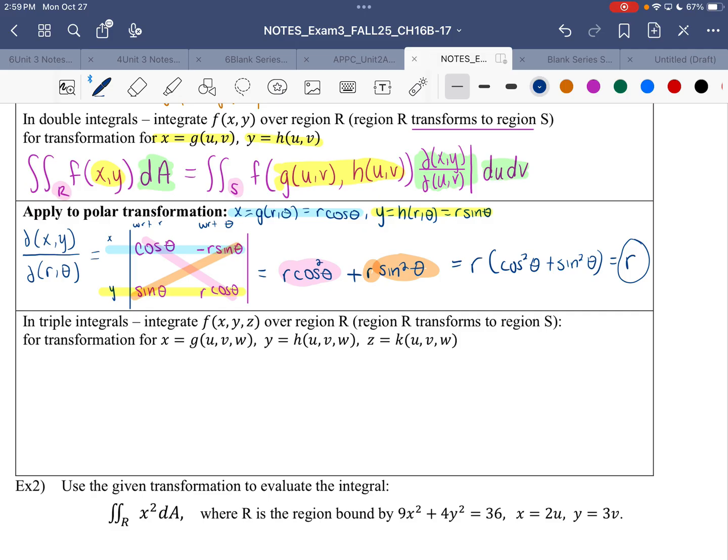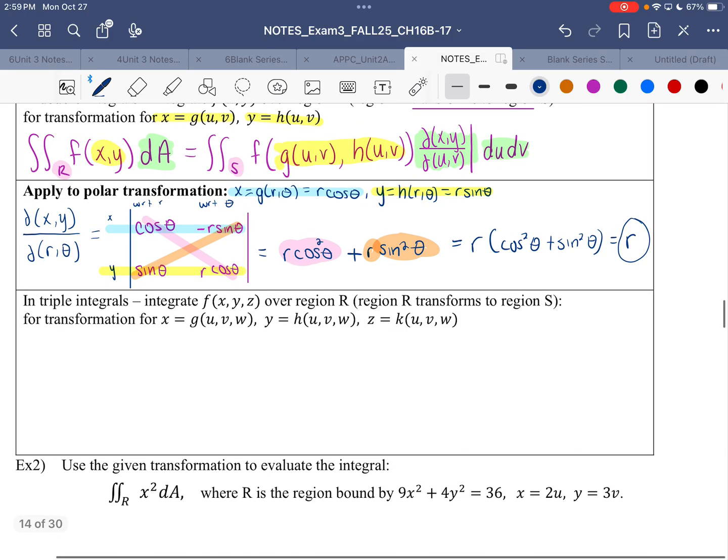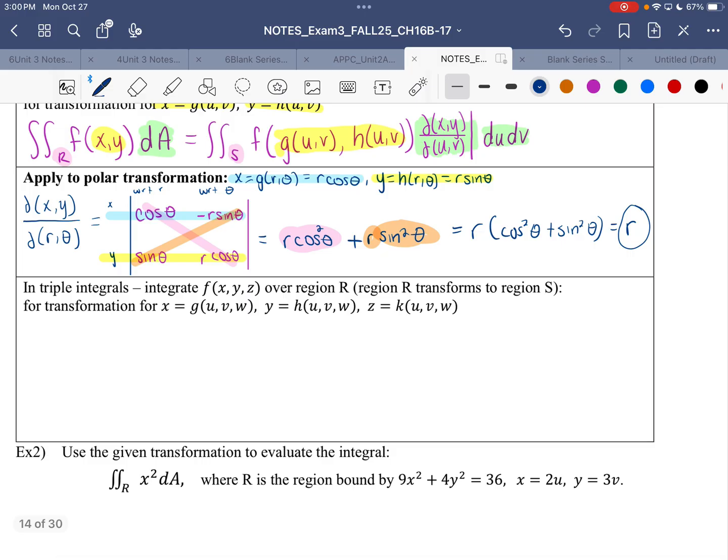Now let's set up for the transformation. So if we're going in 3 dimensions, same kind of deal, but instead of having a 2 by 2, what kind of Jacobian do you think you're going to have? A 3 by 3. Before I forget, this is the polar. So if I wanted to apply it to spherical,